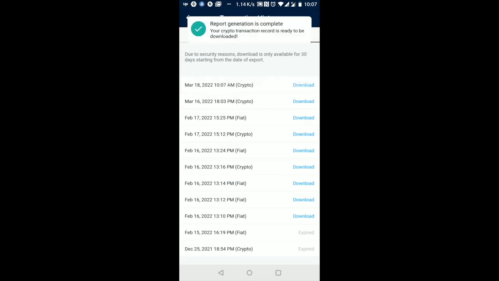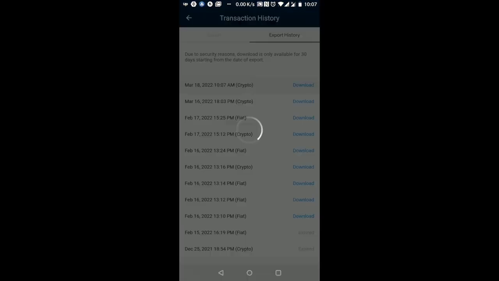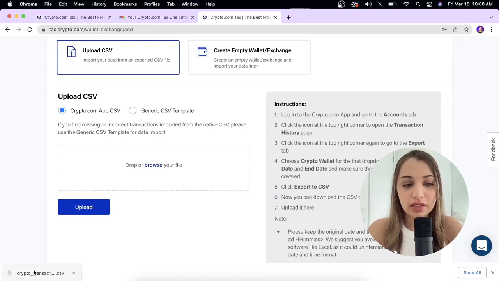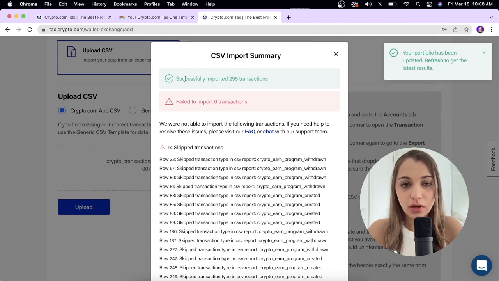So what I'm going to do is click the download tab over here. Once it is downloaded, I will export it to my desktop and continue over there. So once I do have my file over here, I would drop it right there, and then I would click upload. As you can see, I received a prompt saying that we have successfully imported 295 transactions, and over